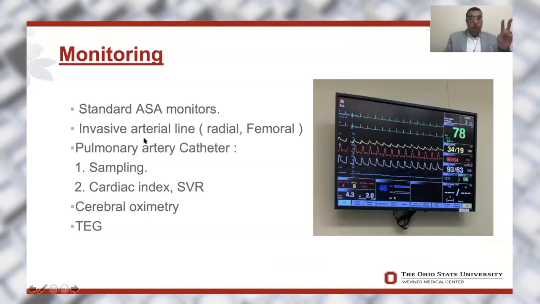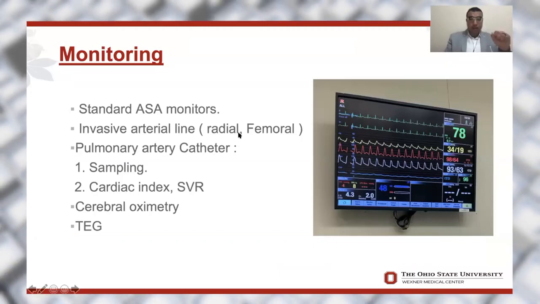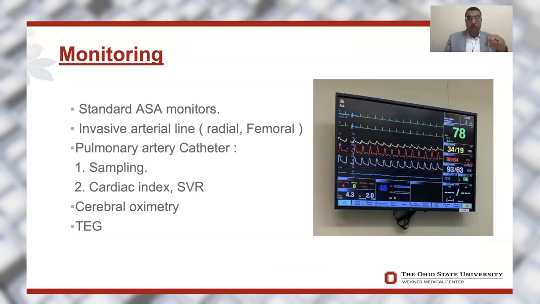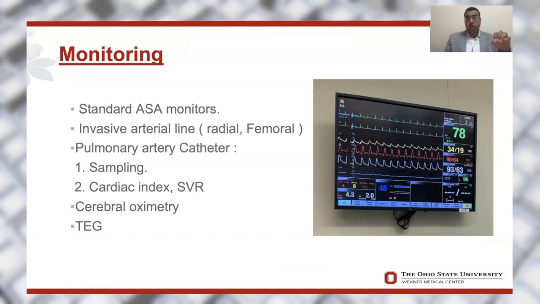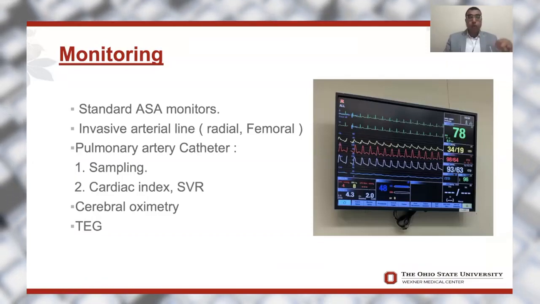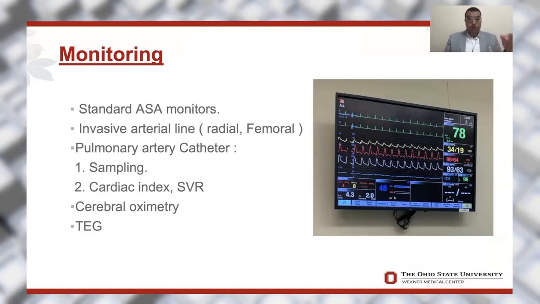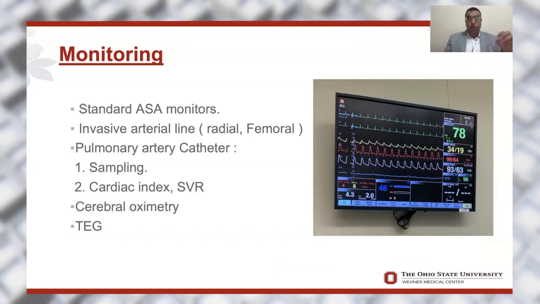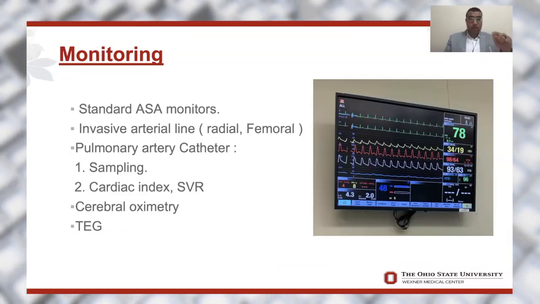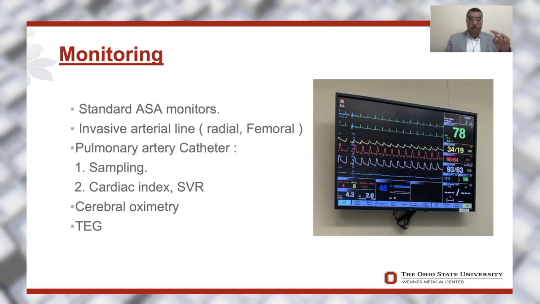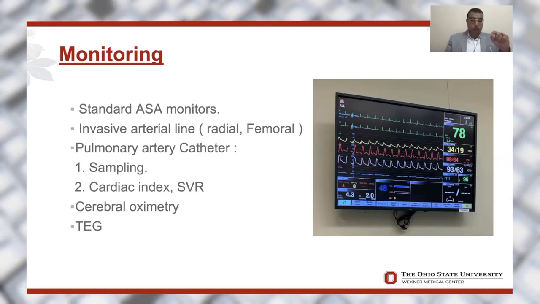We put in 2 A lines, radial and femoral. This is very important, and we use it even in Egypt in liver transplant, because after reperfusion the radial artery gets dampened, so you will push more and more vasopressors or inotropes. The femoral artery can give you a true, accurate insight about the hemodynamics. In a very nice comparative study, it decreased the need for vasopressors and inotropes.